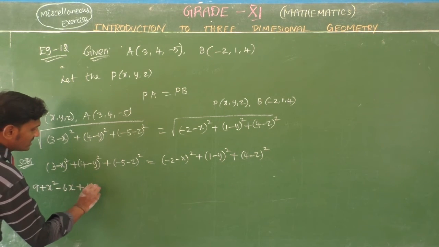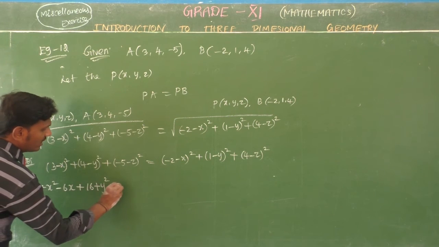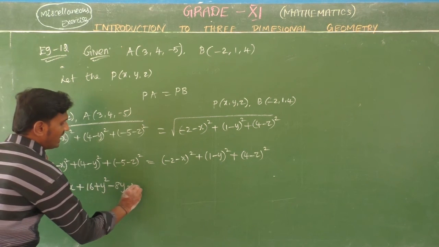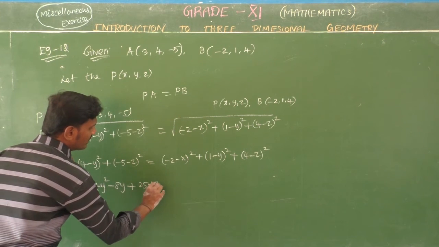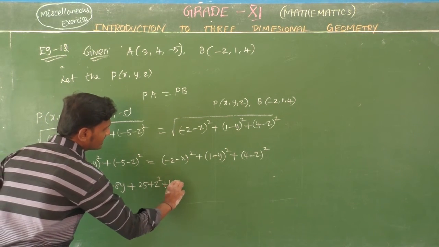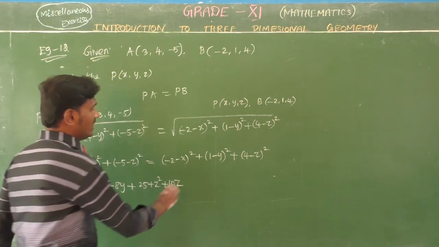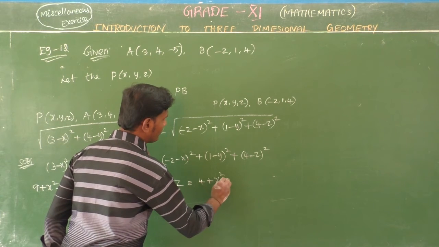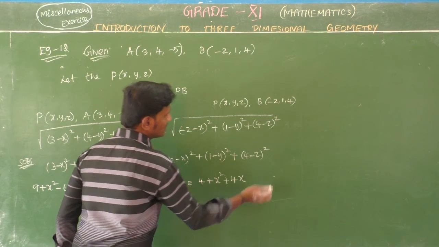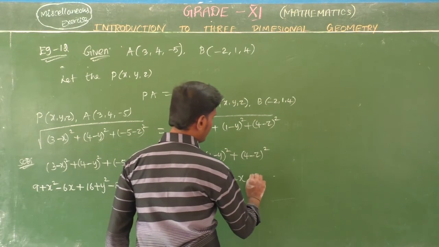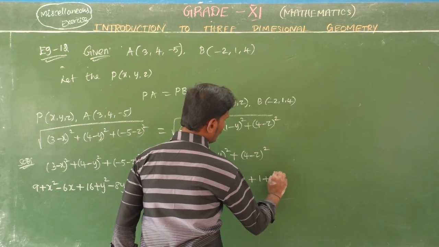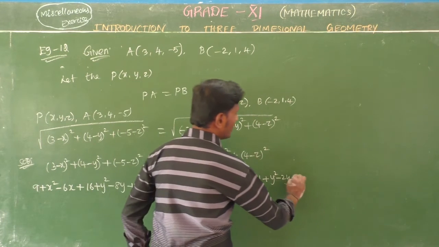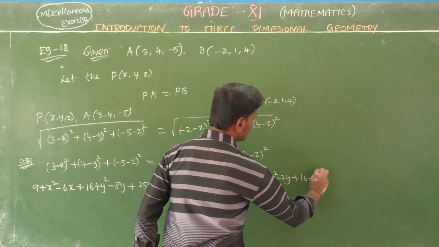Then 4 square is 16 plus y square minus 8y. Then minus 5 the whole square is 25 plus z square plus 10z, which is equal to minus 2 the whole square plus 4 minus 6 the whole square plus 6 square. Then 2 2s are 4x. Then plus 1 square, y square minus 2y. Finally this one, 16 plus z square minus